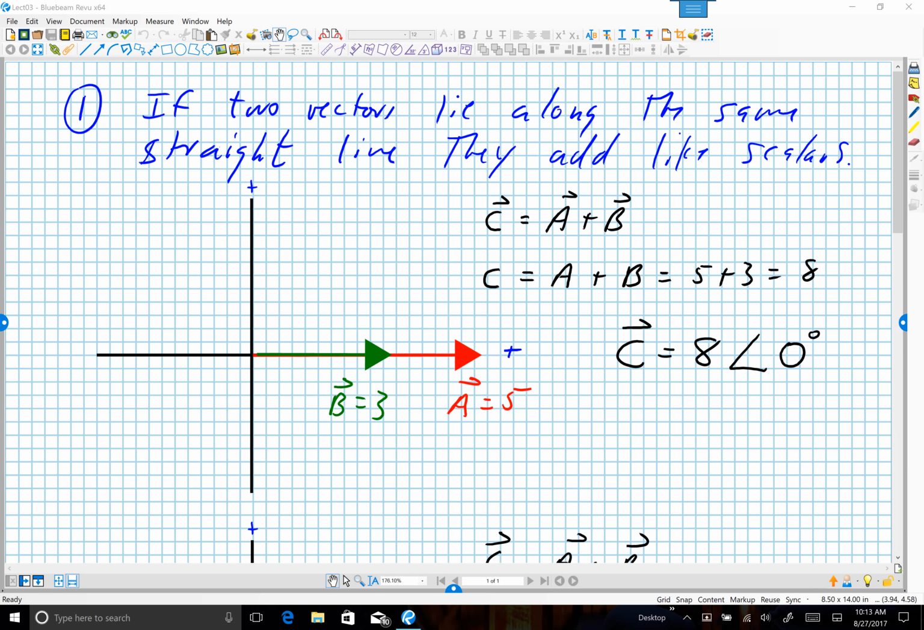All right, we're trying to learn how to add vectors. We did a little bit of this in class. I'll just review real quick. We have one rule that says we can add two vectors if they lie along the same straight line. Here I've got an example of such a case, two vectors A and B that lie along the same straight